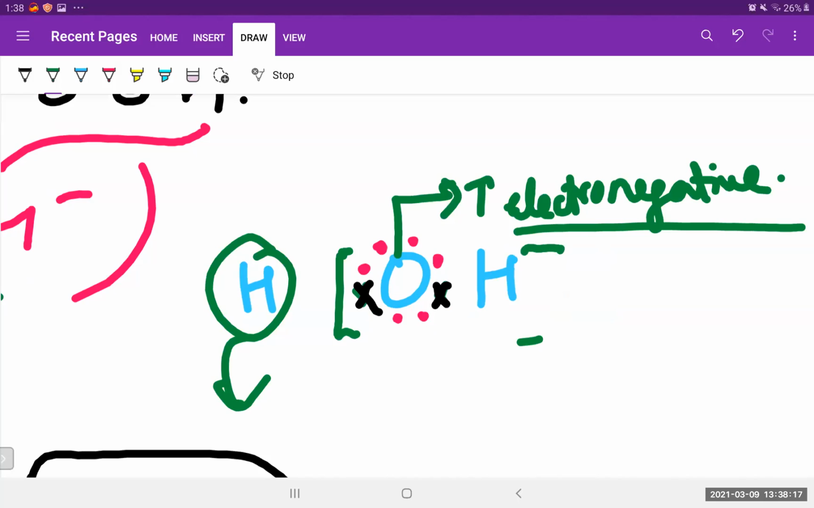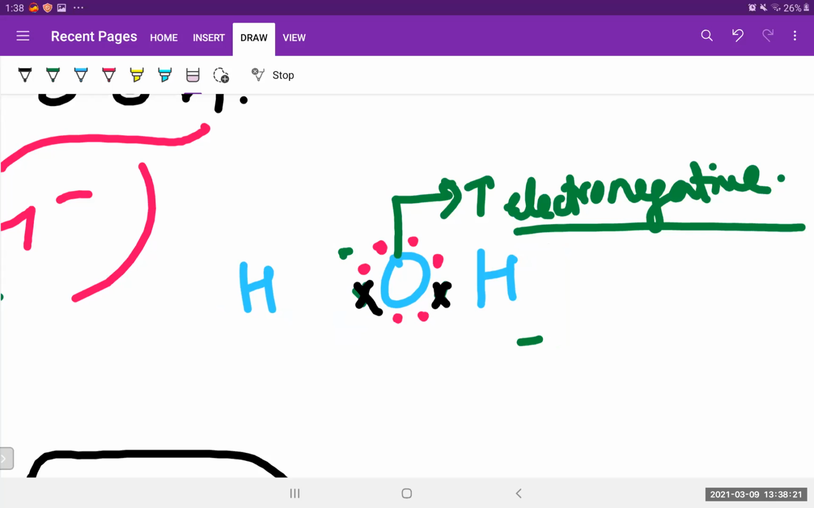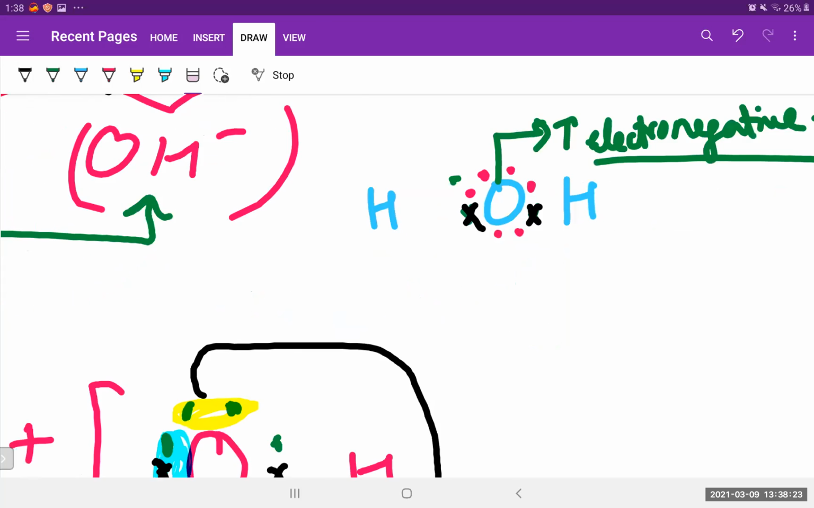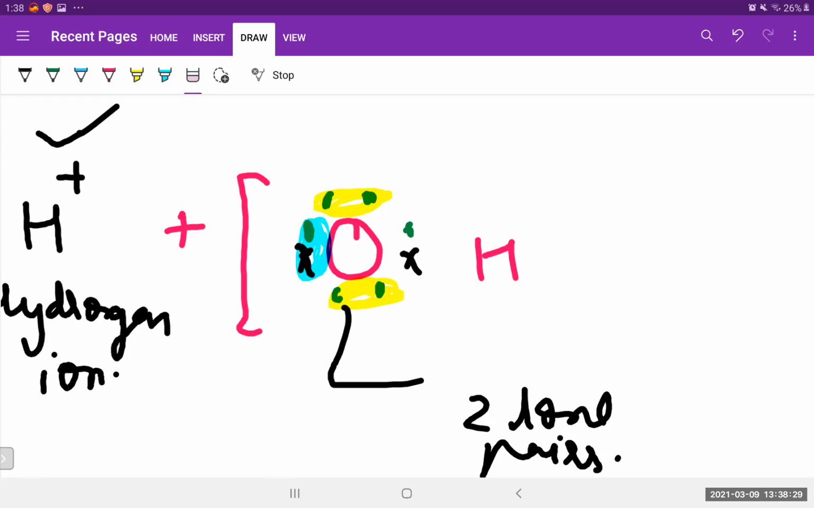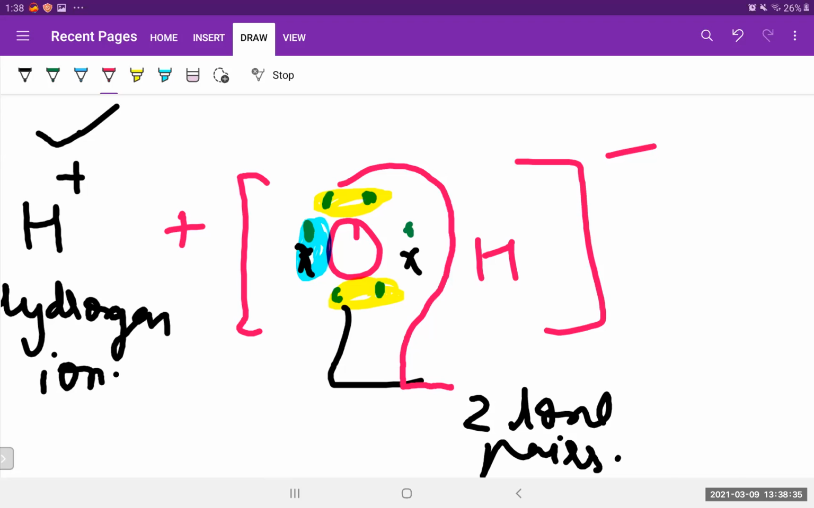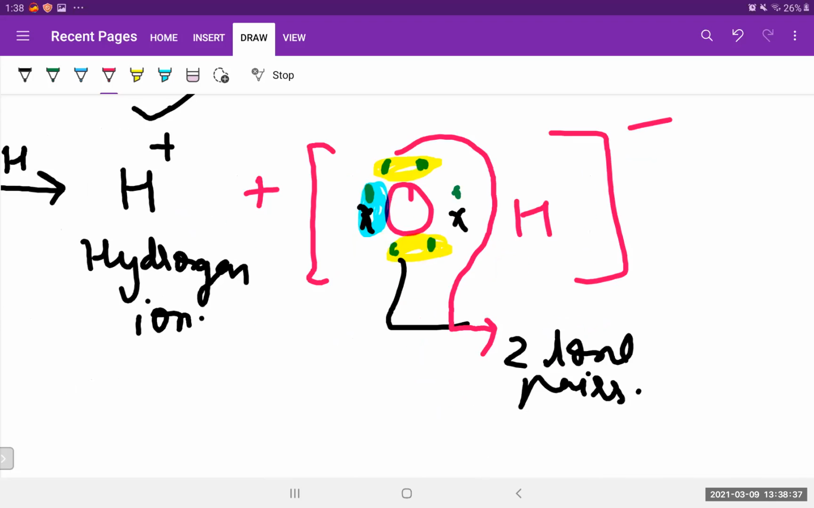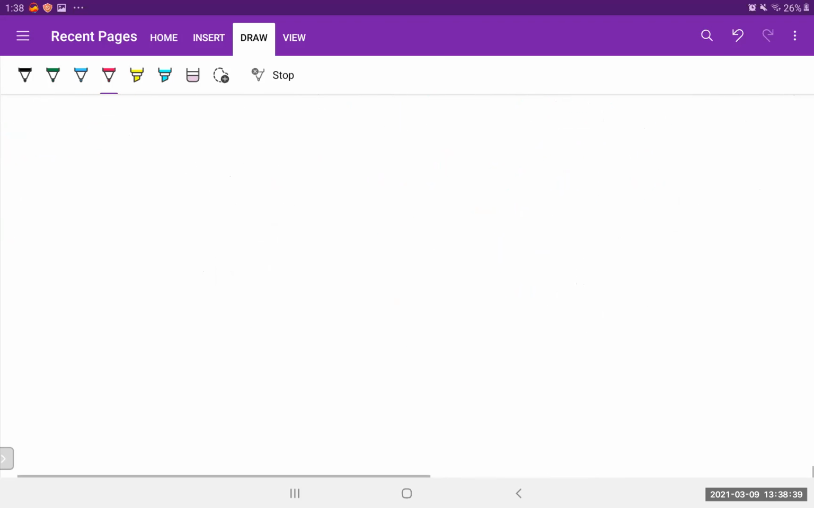And what will be the charge on it? Tell me, what will be the charge on it? It will be minus. So the charge will be minus. And these are the two lone pairs. Done. Now let's move to the last example that we have, the formation of